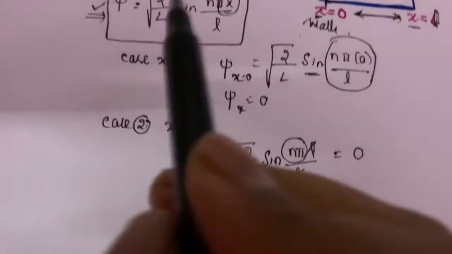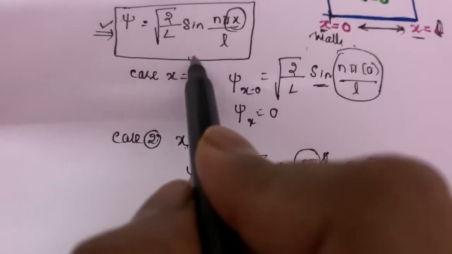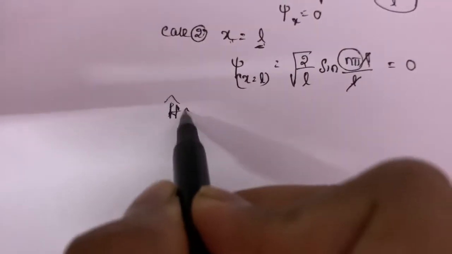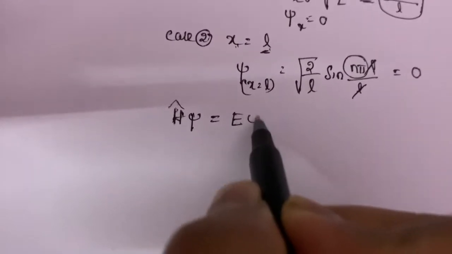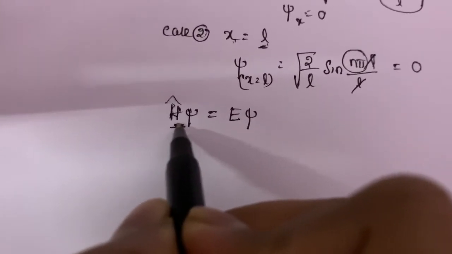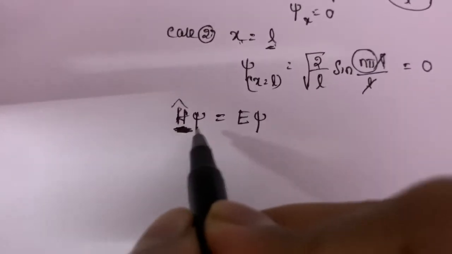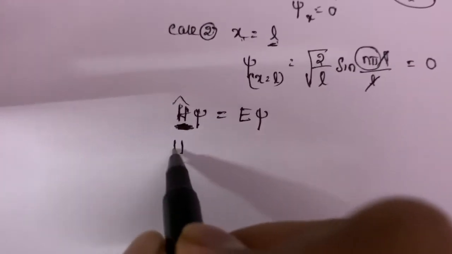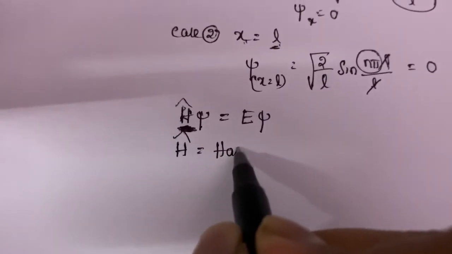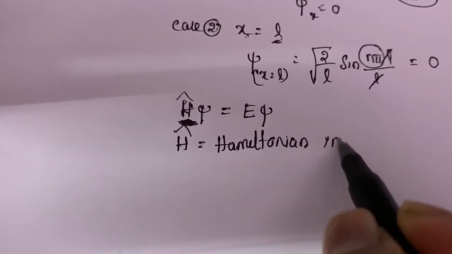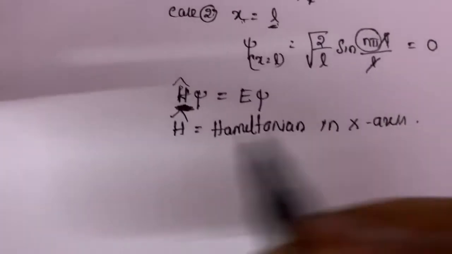Now we are going to derive this psi value. First we are going to write the Schrodinger wave equation in operator form. What is the Schrodinger wave equation in operator form? That is H cap psi equals E psi. This is the energy operator, the Hamiltonian operator. We are going to draw the box only along one dimension, so the Hamiltonian operator also we need to write only for one axis, that is the x axis. So here H cap is the Hamiltonian operator in the x axis only, because we are going to draw one dimension.